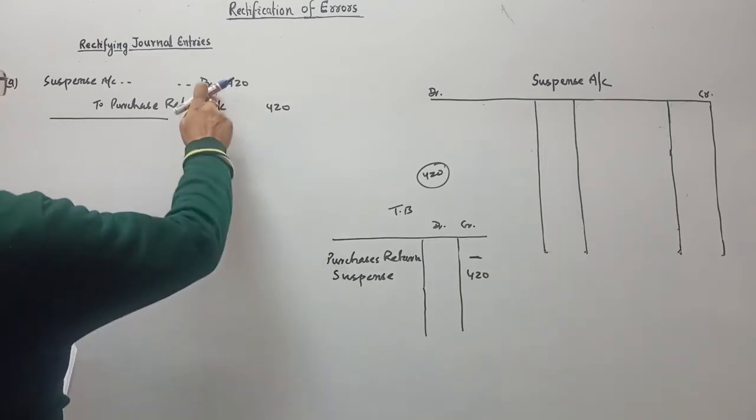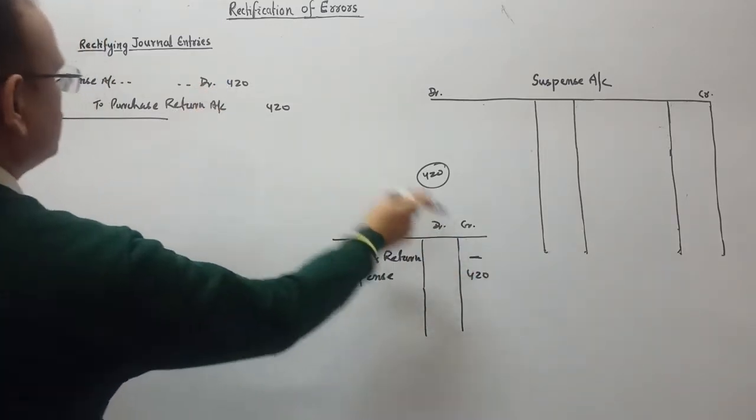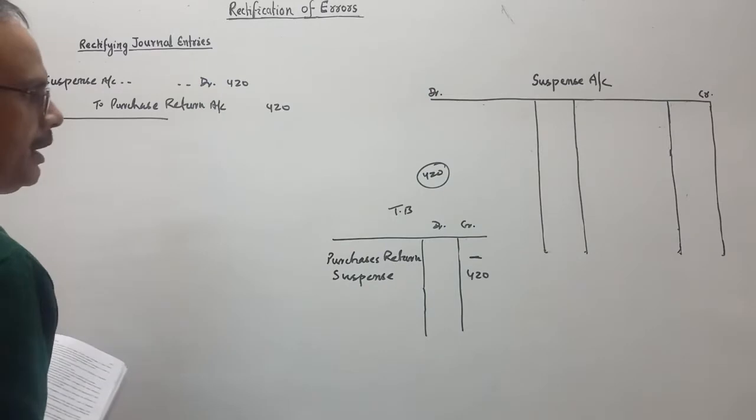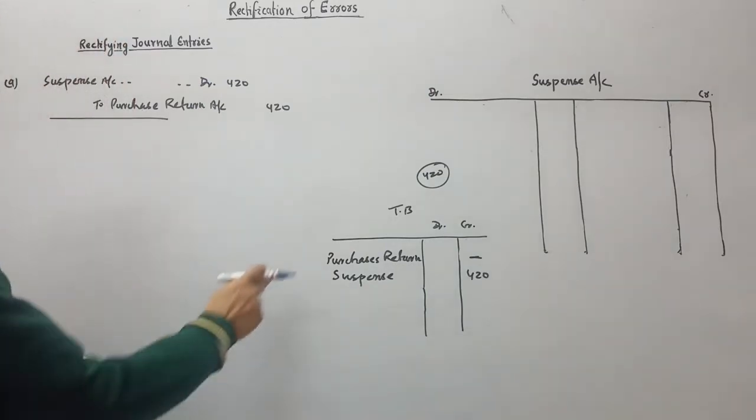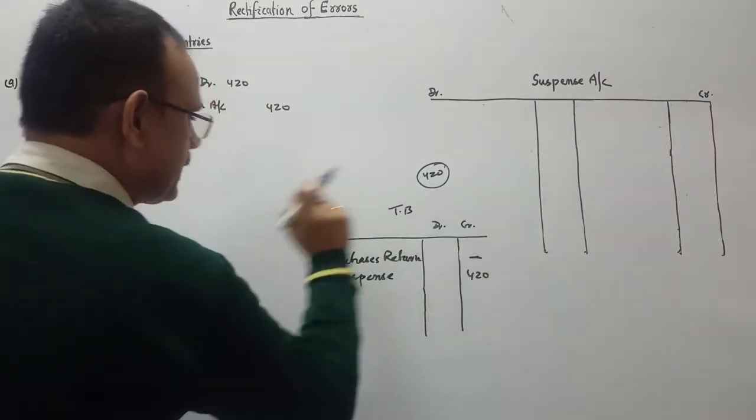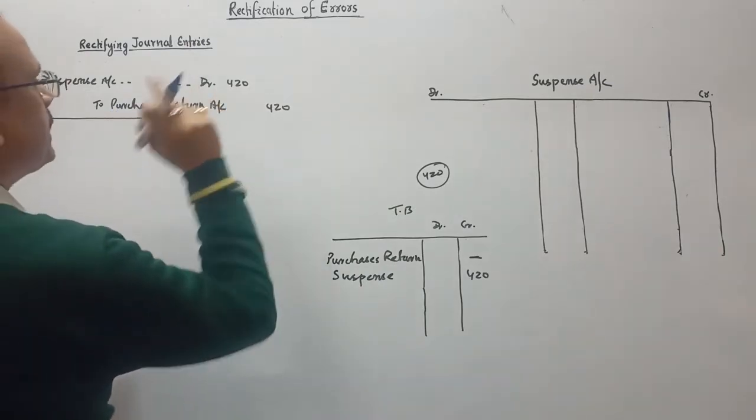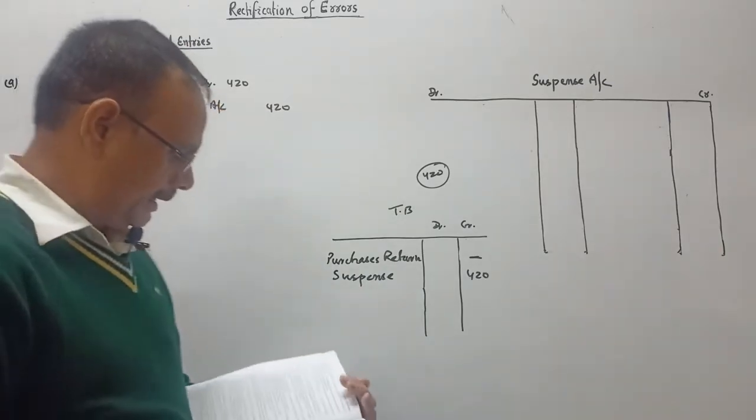Suspense we have to cancel. It is on the credit side, so for cancelling we debit the suspense account, and we have not written the amount in the credit side, so we have to write the amount in the credit side. Next is